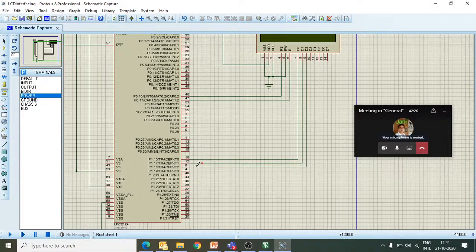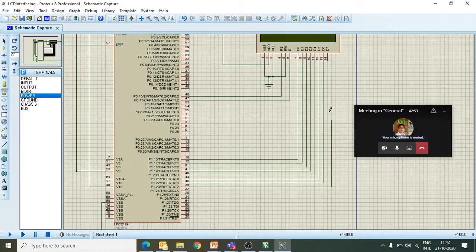Similarly, I will connect all these data lines. Pin number 1.23 is the last pin, which will be connected to D7. So this is how we have connected our LCD.